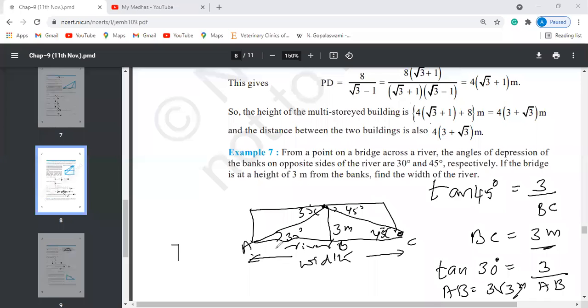But we have got two sides. From here to here 1, from here to here 1. So you have to add both, correct? Because you need to find AC. AC is equal to AB plus BC. So what is the answer? So it will be 3 root 3 plus BC, which is 3. So you can take 3 outside, so that you will get 3 into root 3 plus 1 meter. So this is the answer. Did you understand?